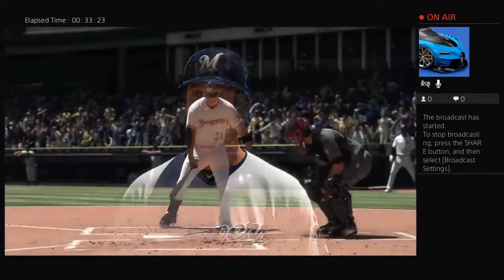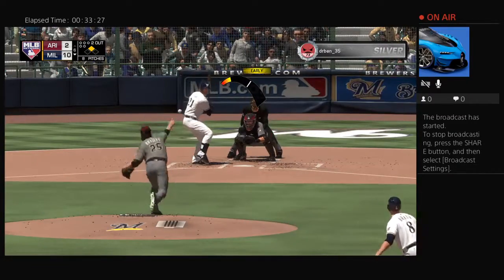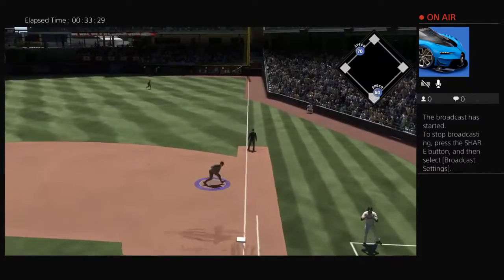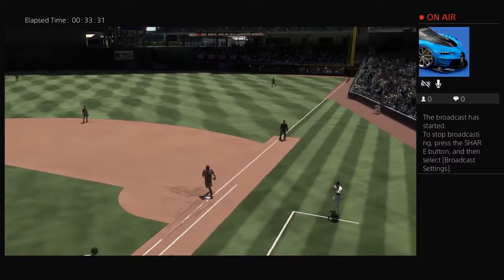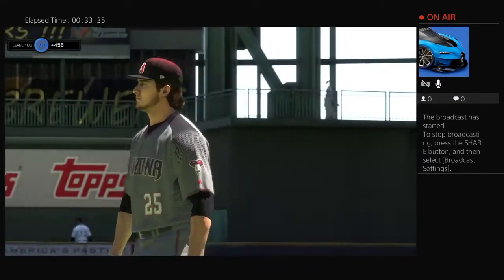Well, you can't fault the fielder for being aggressive. He sold out to try to catch this thing, but he comes up empty, and the ball just squirts by him. High risk, high reward move. Well, the play's been made, and that retires the side. Another good inning for the...